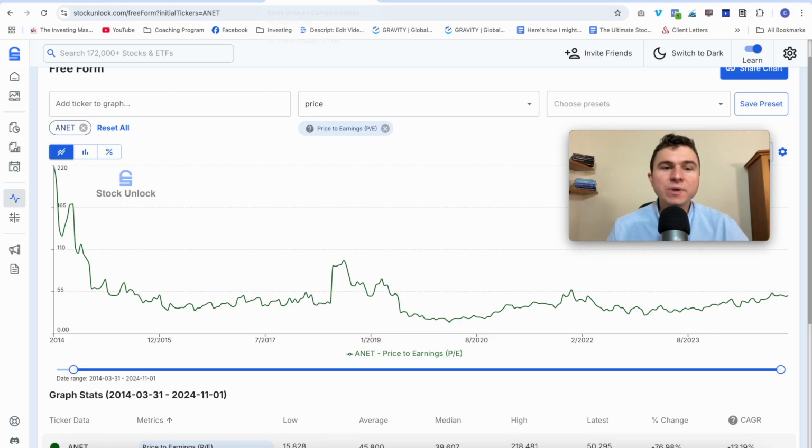For the PE ratio, that's a typical valuation. On average, for an average business model, the business would get 15, 20. If the business is a superior business, maybe it can be a little bit more expensive. The PE ratio at the time for Arista Networks was 30, 35. It went up a little bit, but no big deal. It went back to 17, 15 during COVID, and now it's at 30, and now it's at 50. A bit high compared to historical performance and compared to the average business model, a bit high.